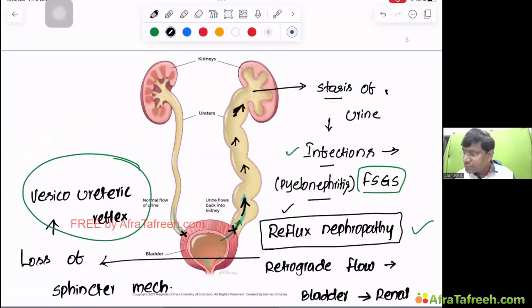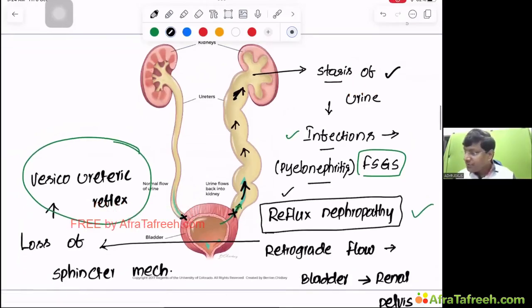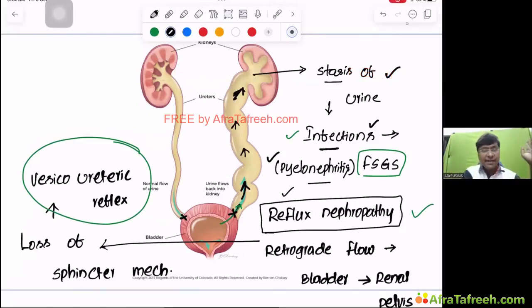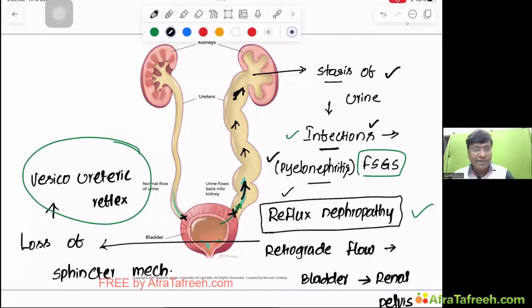And once there is stasis of the urine, it gets infected, because that will be a seat of infection. And once the urine is infected and the kidney is infected, that we call pyelonephritis. So whenever there is pyelonephritis,